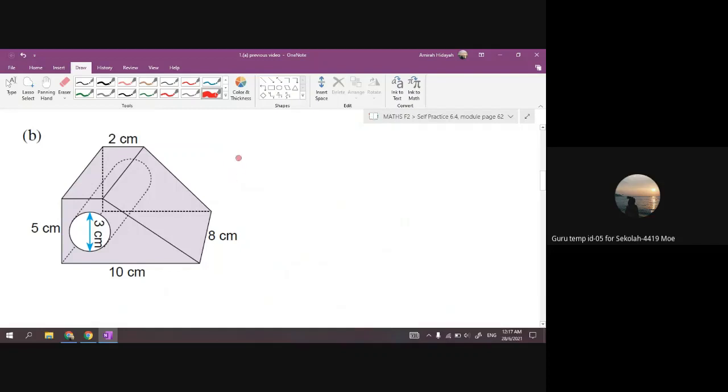So the volume of the shaded region equals, first you need to find the volume of the whole object. Whole object means unshaded plus shaded. So the total volume